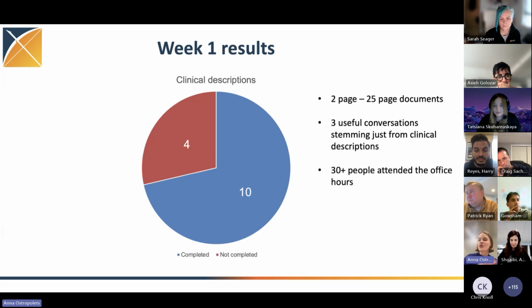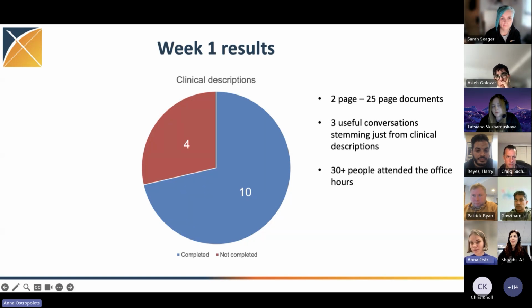There were at least 3 conversations that I personally participated in that were very useful, stemming just from describing what people wanted to study. We had a lot of nice conversations at the office hours with quite a nice attendance. Because people approached clinical descriptions differently, depending on what they wanted to describe and the level of granularity they wanted to provide, I wanted to highlight one of the clinical descriptions that I found